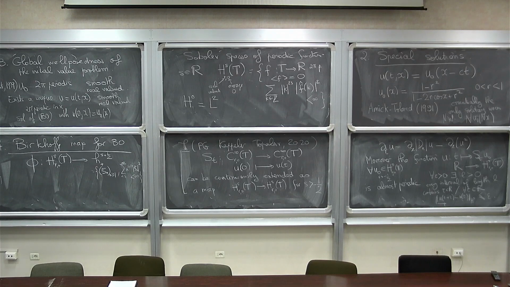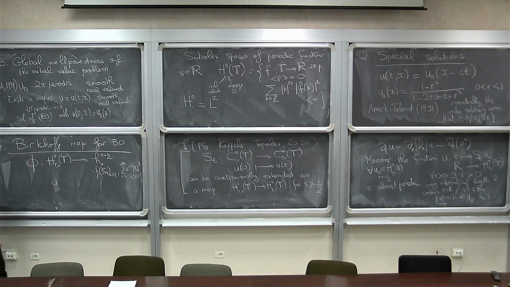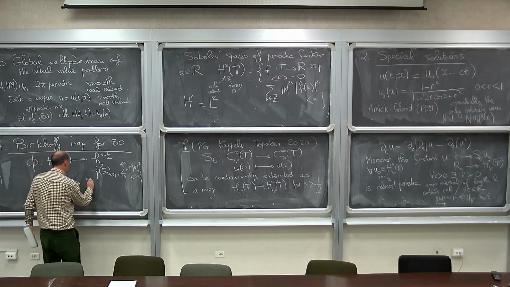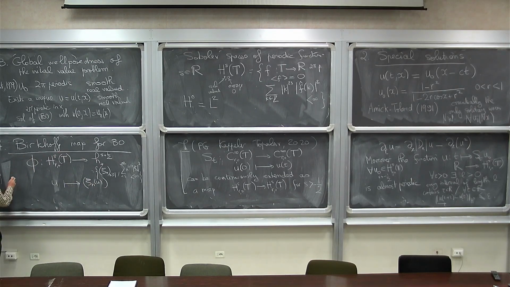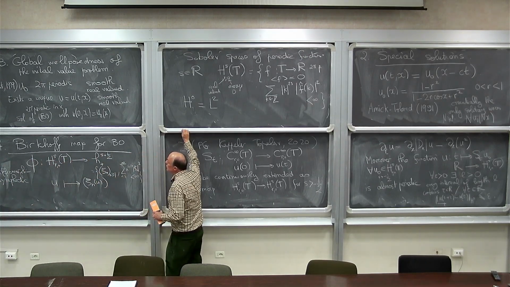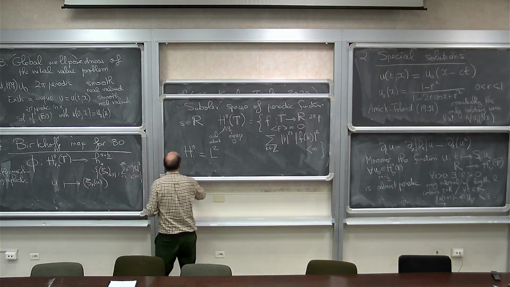Now I claim that there is a map of that kind which sends any function u in Hs to a sequence Cn of u, and this is nice. It's one-to-one, it's bijective, it's even a diffeomorphism. If you know a little bit of symplectic geometry, it's in fact a symplectomorphism, it's symplectic. It has many nice properties, such that the evolution of the Benjamin-Ono equation is completely trivialized by this, in the sense that